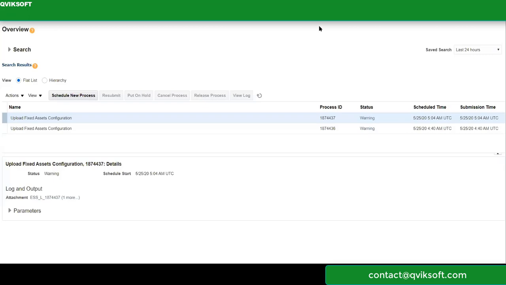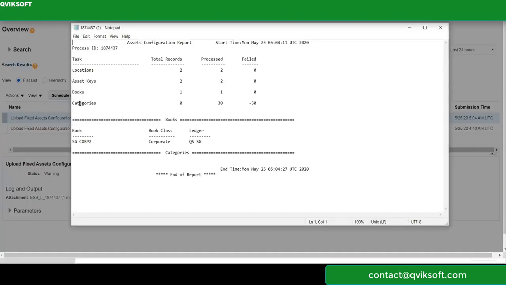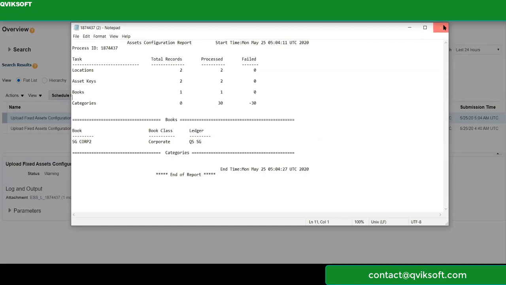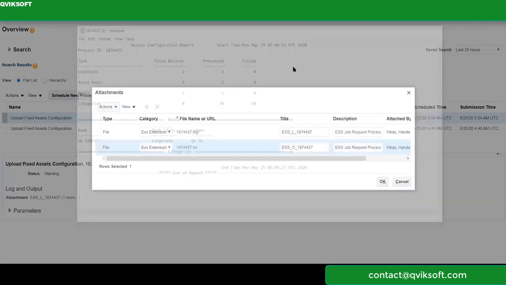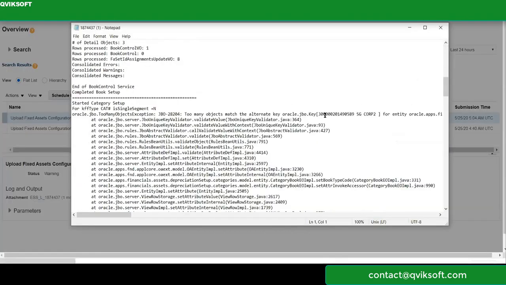Okay, the process is completed, but still with warning. Let's see whether it has done our job. Let me look at the output file. Okay, categories 30 has been processed. Let's see whether 30 has been assigned to us. We can also try to look at the log file to see why the system is giving warning. Everything okay so far.